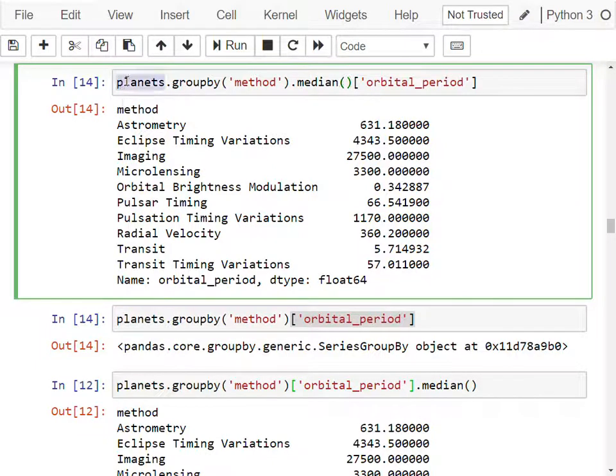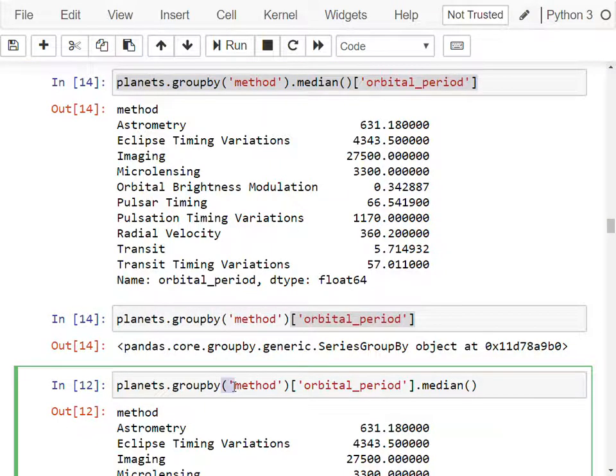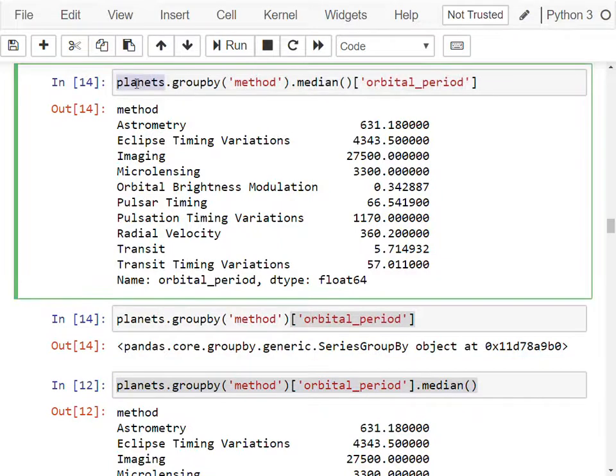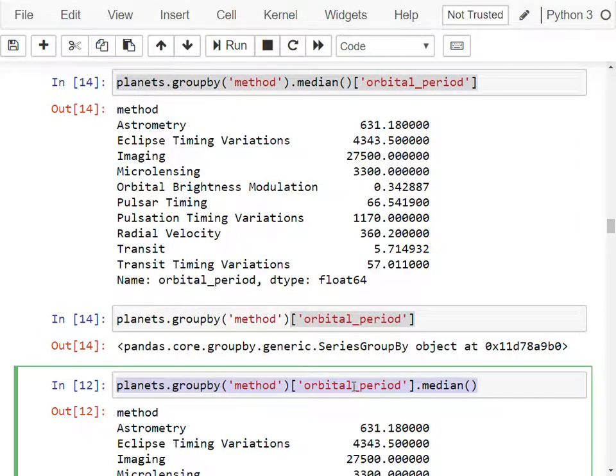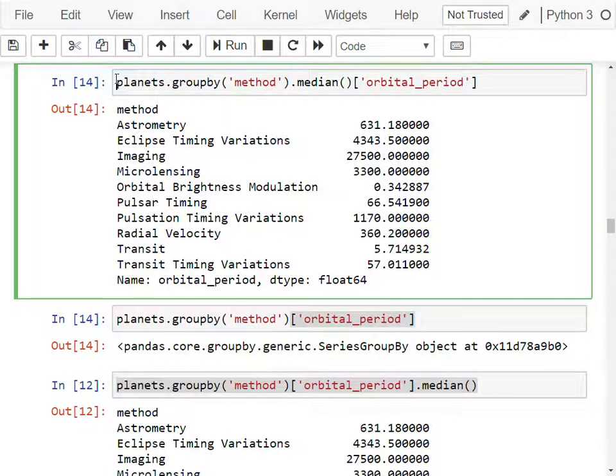So obviously this one is much more computationally intensive because it's doing the median over 6 columns. This one is doing the median over 1 column. So if we're only interested in orbital period, then we're wasting some computational resources here. This one is not that wasteful because we are picking the column we want to do the median over. Now, practically speaking, for small data sets like this, we're not going to even notice that. But that becomes important when we have large data sets. To be more specific, if you want to aggregate over 1 column or 2 columns, we do that before running